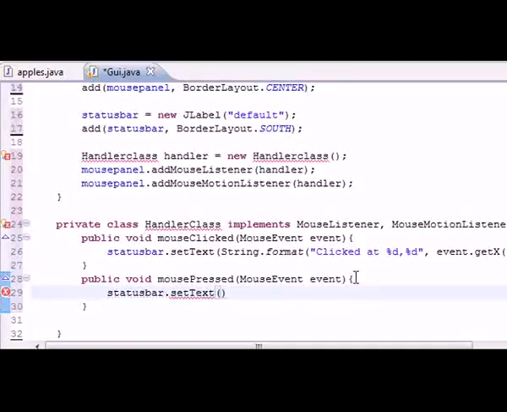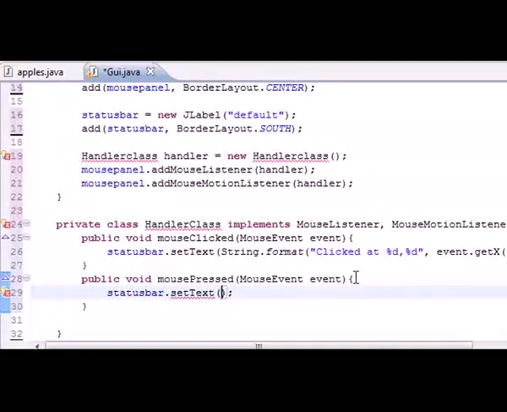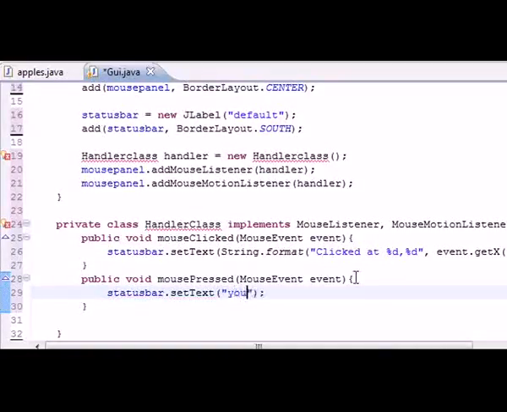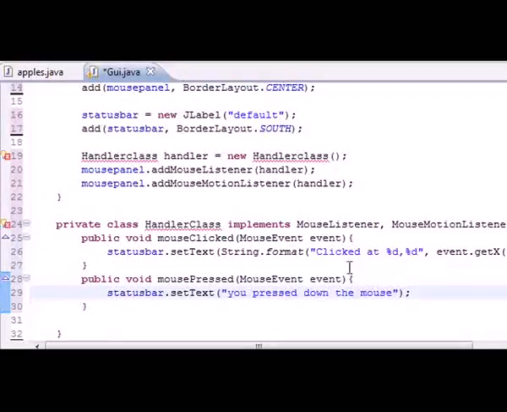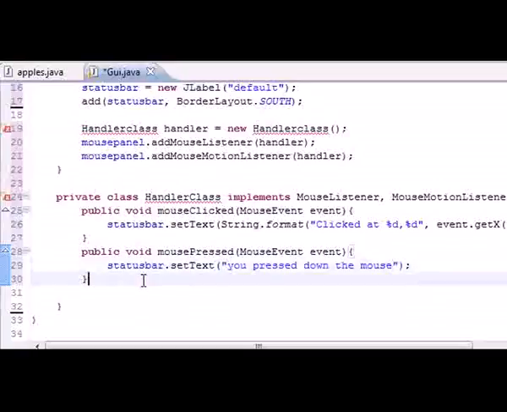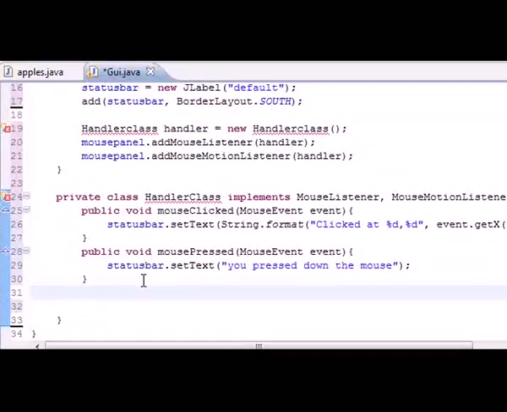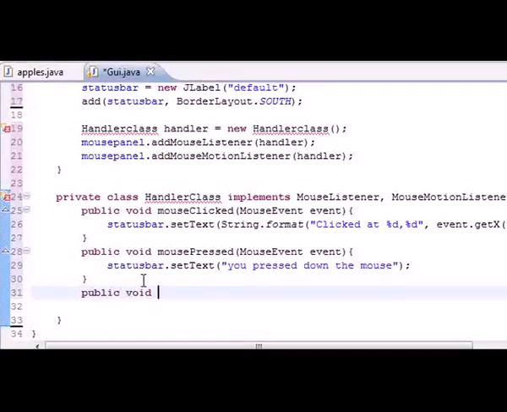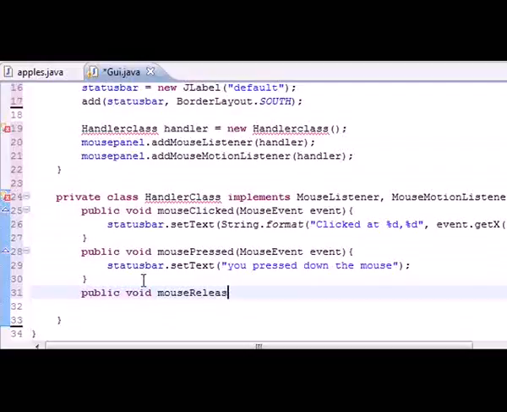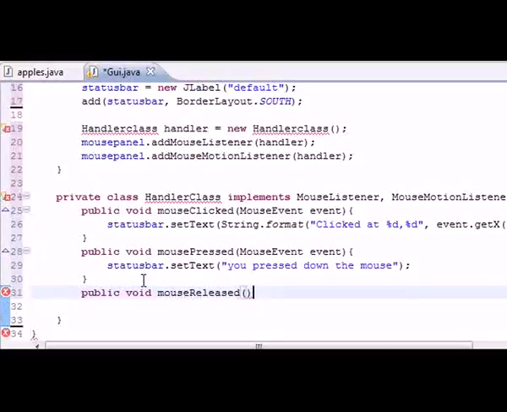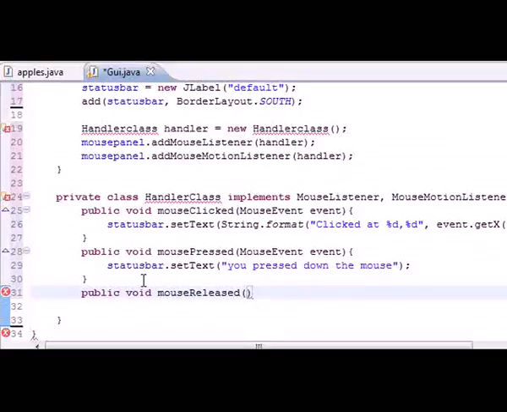This is going to change the text on our status bar to "you pressed down the mouse." So now this is what happens: the status bar is going to pop up this text whenever we press down the mouse. And now we can get the public void mouseReleased, and this is the event of when the mouse releases, or after you press it down you let go